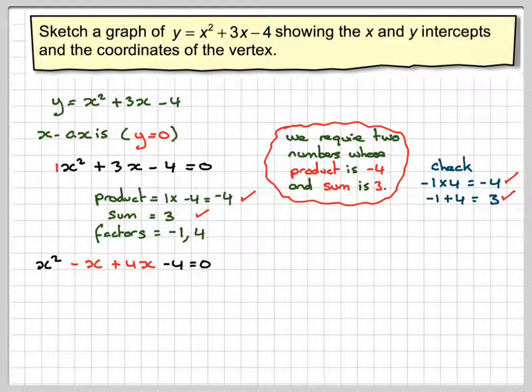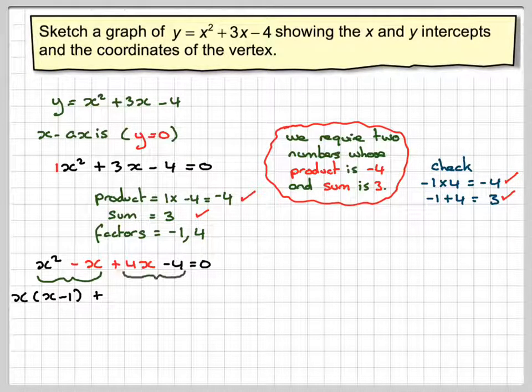Now what we do is we factorize by what's known as grouping. So we group the first two terms together and take out the common factor, which is x, and we'll be left with x minus 1. Check, x times x gives you x squared, x times minus 1 gives you minus x. Bring down the sign which is here,